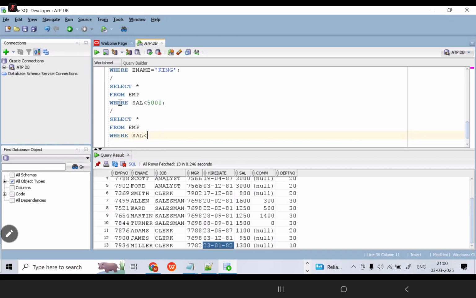Select salary less than, select. Open the bracket. This is called a subquery only. If you know this value, then you can write the query directly. If you don't know that value, what salary it is here,